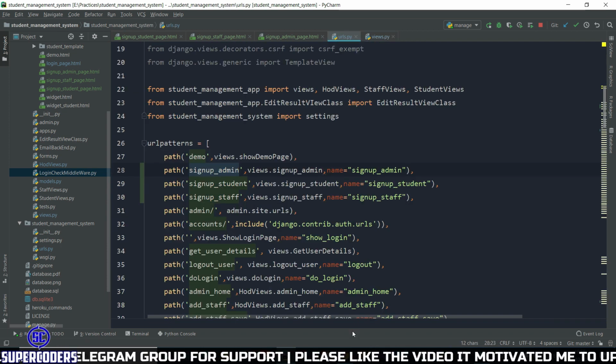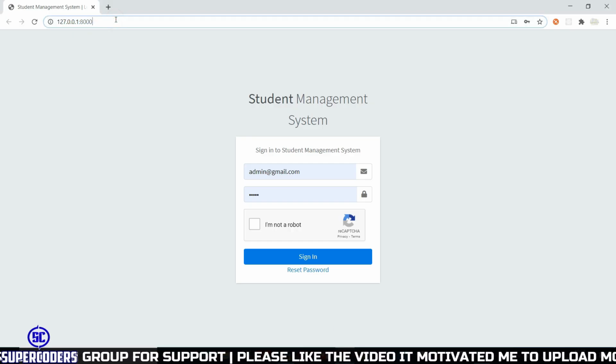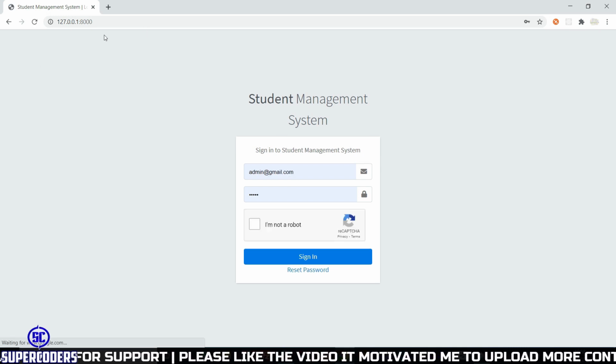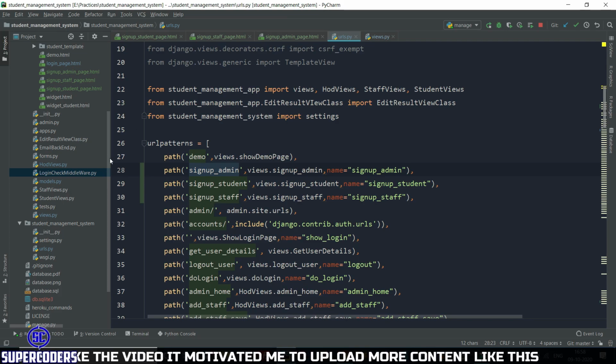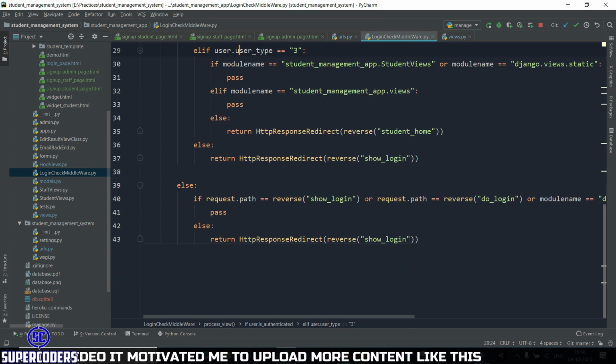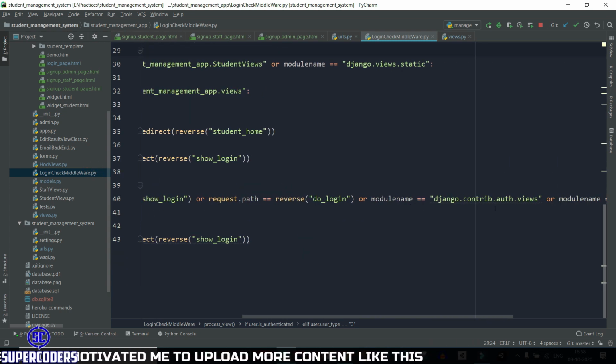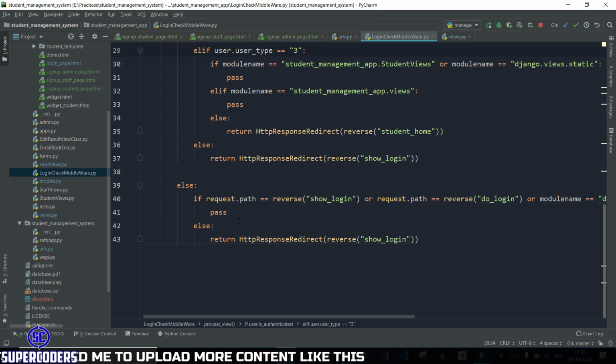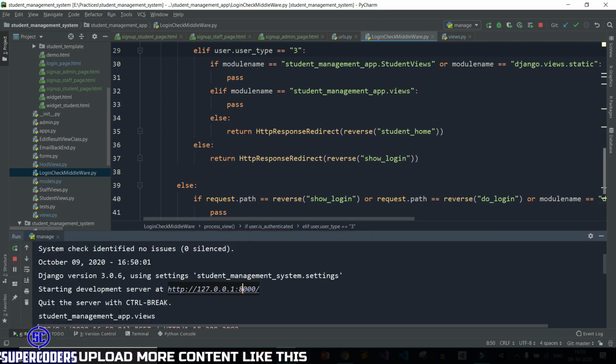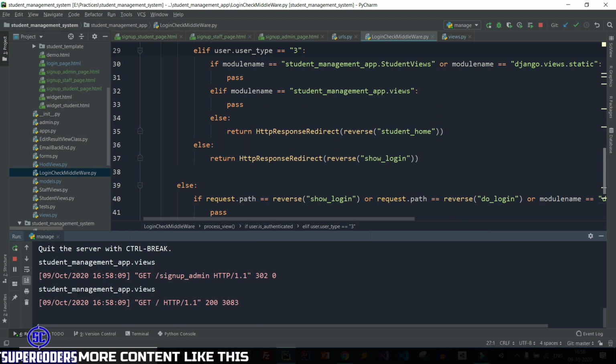So again now back to Chrome and check, and it's redirected. So let's see, back to PyCharm, open login check middleware, and here if you see this part is not allowing me. So let's check, and you can see module name is student app.view. So add this in pass condition. So just copy this and add in this condition,